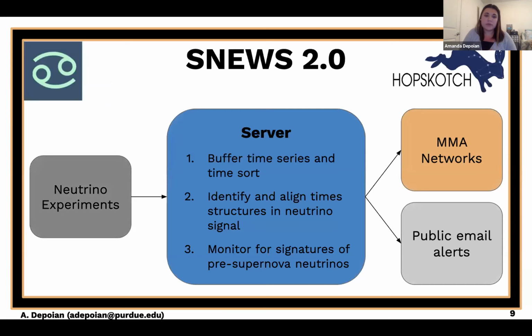What we're doing now is we're improving this from SNEWS 1.0 to 2.0, where we're working with the SCiMMA folks here and using Hopskotch to help with our communication between the experiments, the server, and the multi-messenger community. So the server is going to look a little bit different now, but it should have the basic sequence requirements of SNEWS 1. But we're also going to have more timing information,